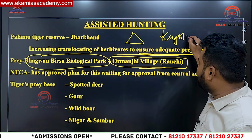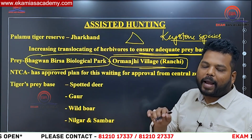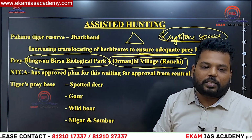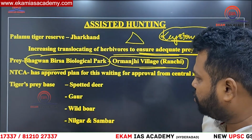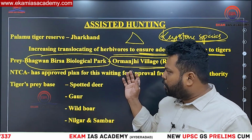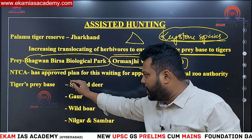Make sure you learn about this component: what is a keystone species. Those species whose absence would impact any individual or the entire ecosystem are considered keystone species. So generally top predators fall under this keystone species aspect. Clear? To shift this prey to Palamu Tiger Reserve, NTCA, the National Tiger Conservation Authority, has approved